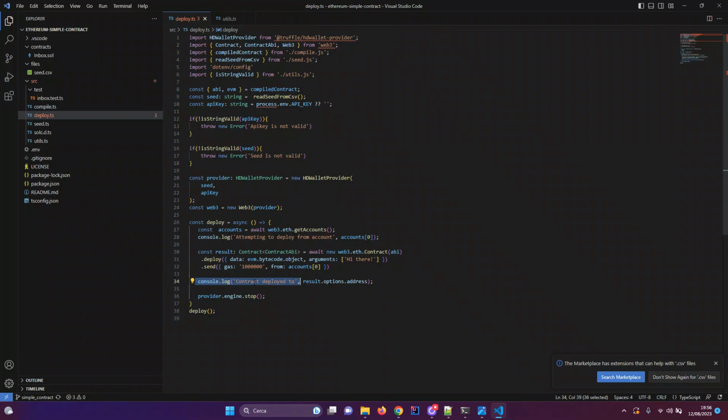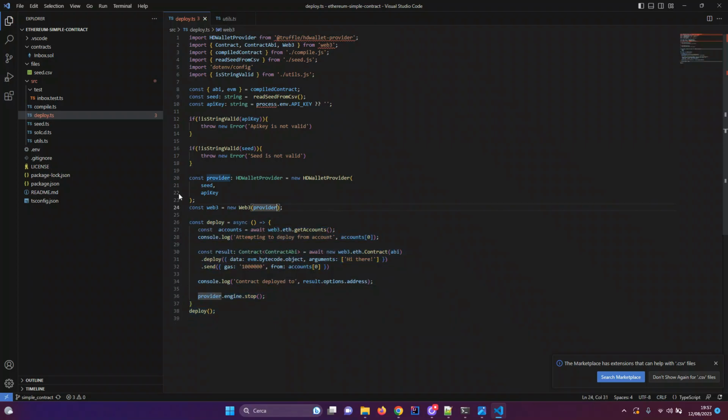And this is important, because if we don't write this line, the application will hang up, and so we need this to stop this provider engine. And this is basically the deploy function.